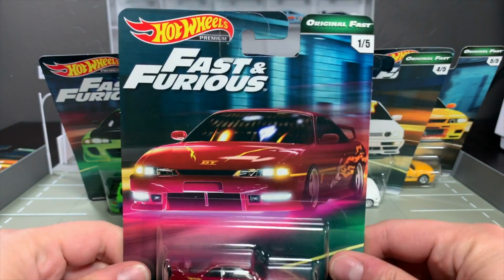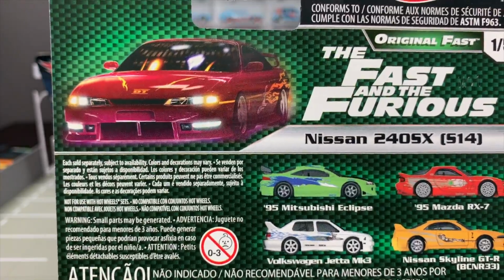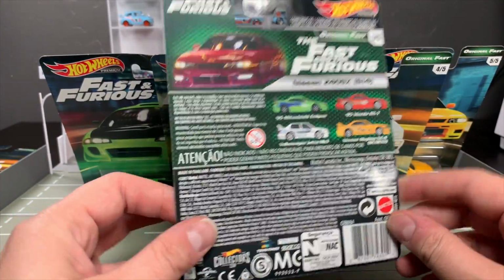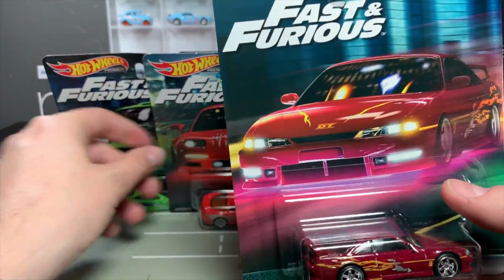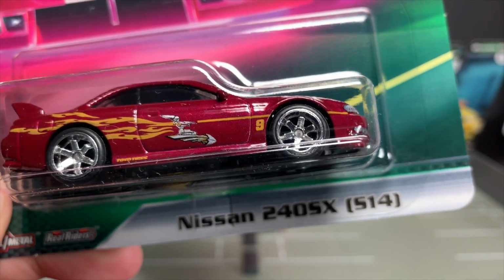All right, here's the great thing about the set. Let's look at the back here. There's that if you are looking for it at your stores. 5-car set. There's what the back of the card looks like. Here's what the front of the card looks like. You already know that. And this first model is the Nissan